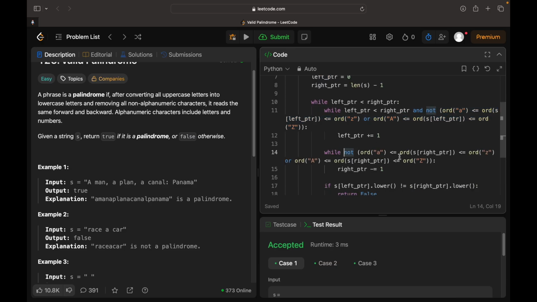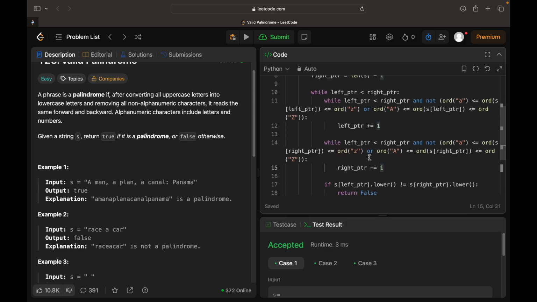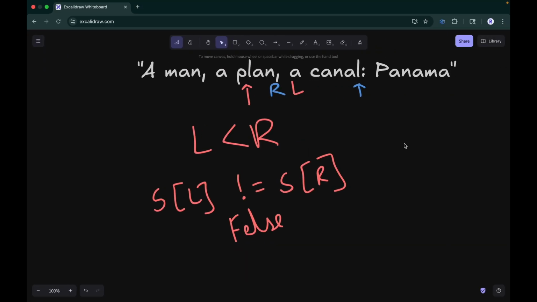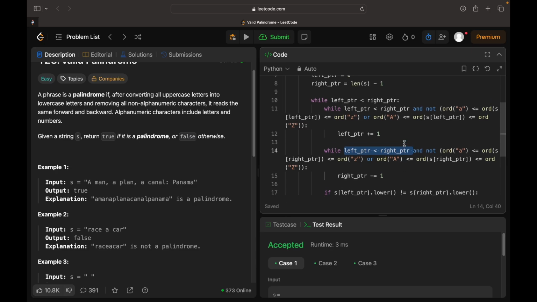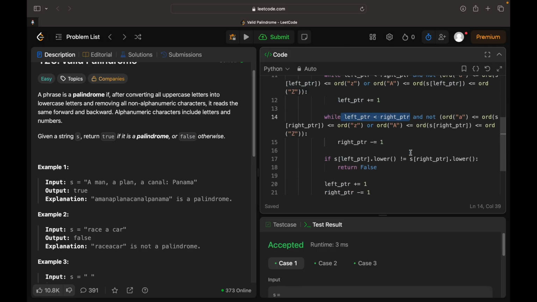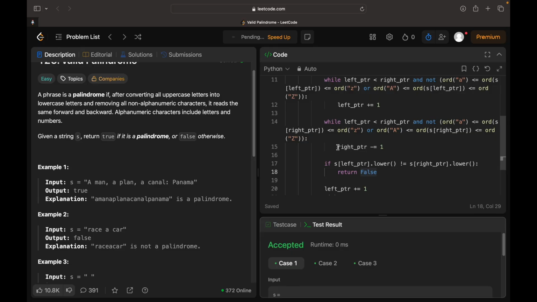The same thing goes over here. While left pointer is less than right pointer, and this is not the case, then we'll increment and decrement respectively. The reason we need to do that is because if left pointer exceeds right pointer, we'll start comparing nonsense. We don't want to compare nonsense. So as soon as we hit this condition, we'll just check and then we'll exit out. So let's rerun. This test case is going to run again, but let's submit this one and hopefully everything works